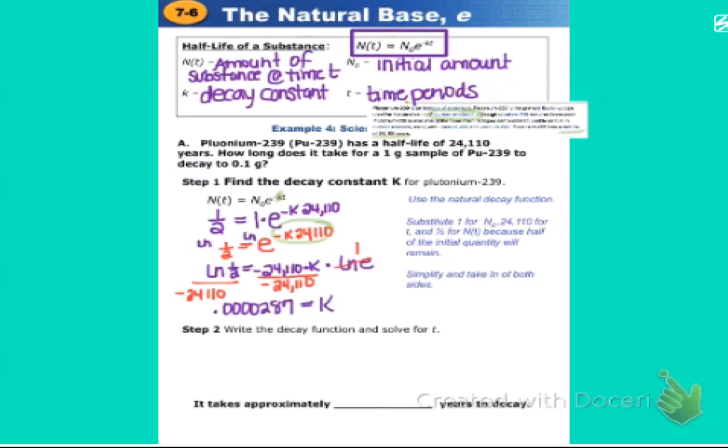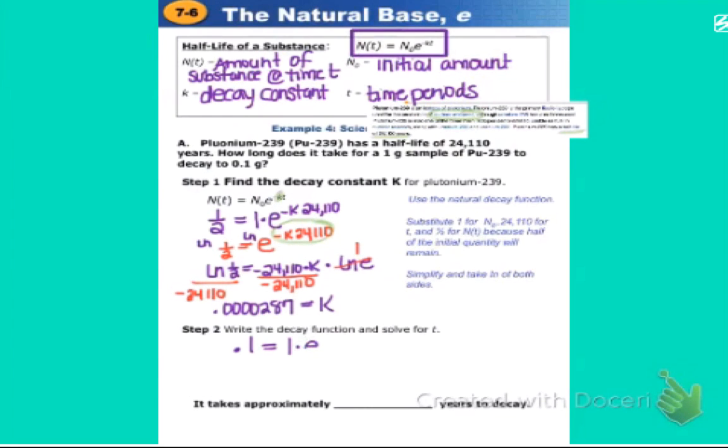Now, we still haven't answered the question, because we want to know how many years it would take for that 1 gram to become 1/10 of a gram. I know how long it would take to be 1/2 gram: that 24,000. But how long is it going to take to get down to 1/10? So now I'm going to take all this information and plug it back into that formula. This time, instead of 1/2, I want to know when it's 0.1, and I'm starting off with a 1 gram sample